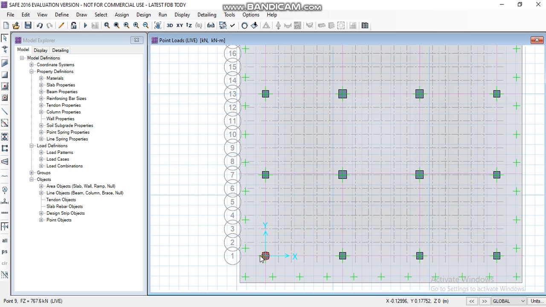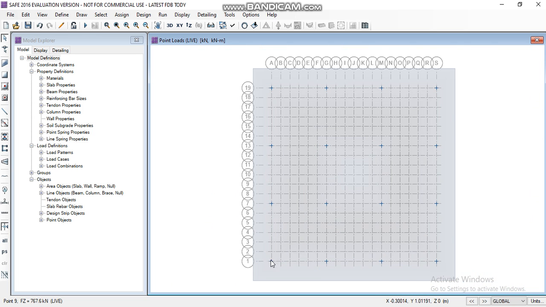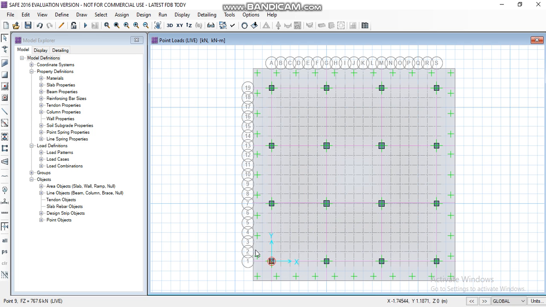Here we can see that the loads are assigned.